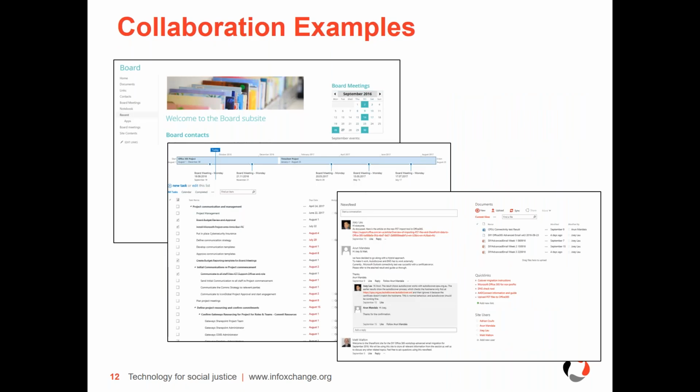And here's some examples of collaboration. So there's a board subsite up the top there, and the idea is we're telling the board when meetings are coming up. They've got a list of contacts that they need to get access to. There's some links hidden in behind there to centralise. You can see on the bottom slide, quick links in the bottom middle. That's a list of commonly used links, so people don't have to know where to go to find resources. You give the information to them.